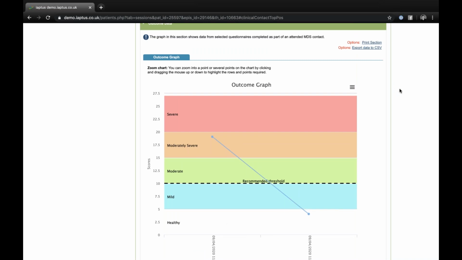Now, with this outcome graph, there's a couple options that you also have available. So you have the option to print. So you can print off that section, and then you can maybe share it with the patient and have that visual printout of that information. You can export the data to CSV. What that will do is download into an Excel format the scores that you've got on your outcome